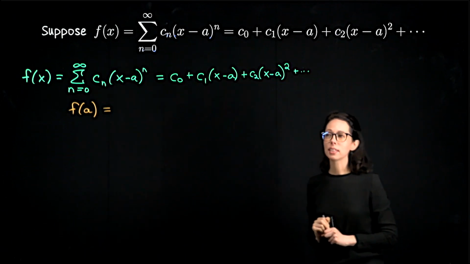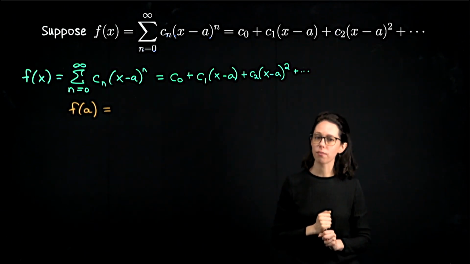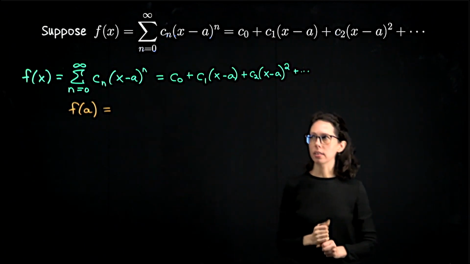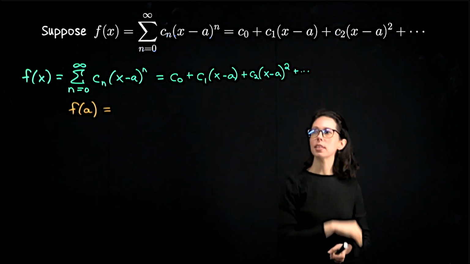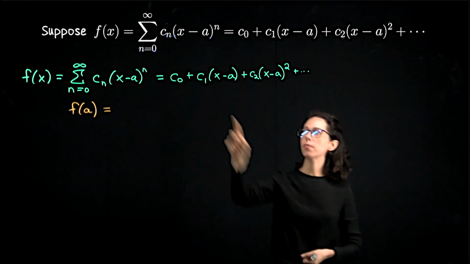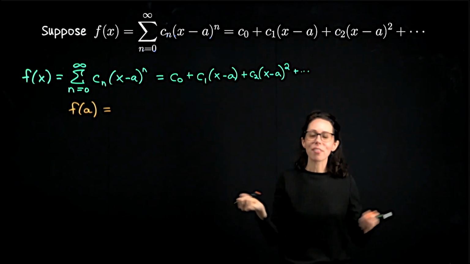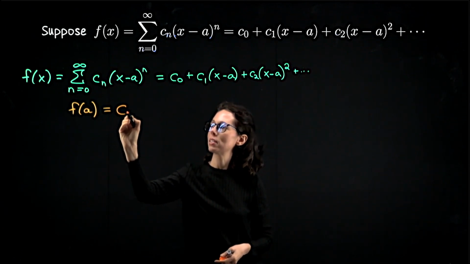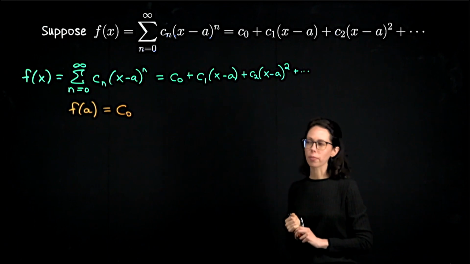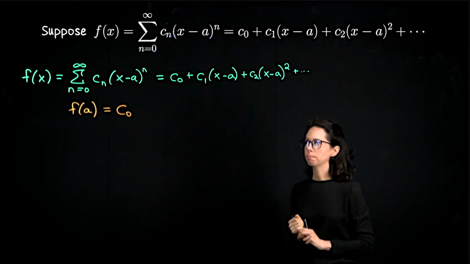Well, this happens for every power series. It converges at its center, and what it converges to is this leading constant. So all of these terms are 0 when I plug a in for the independent variable x, leaving us with just the first constant. So we've already got our first constant. The goal is to find a descriptive form for these constants, and here's the descriptive form for c sub 0. It's just f of a.